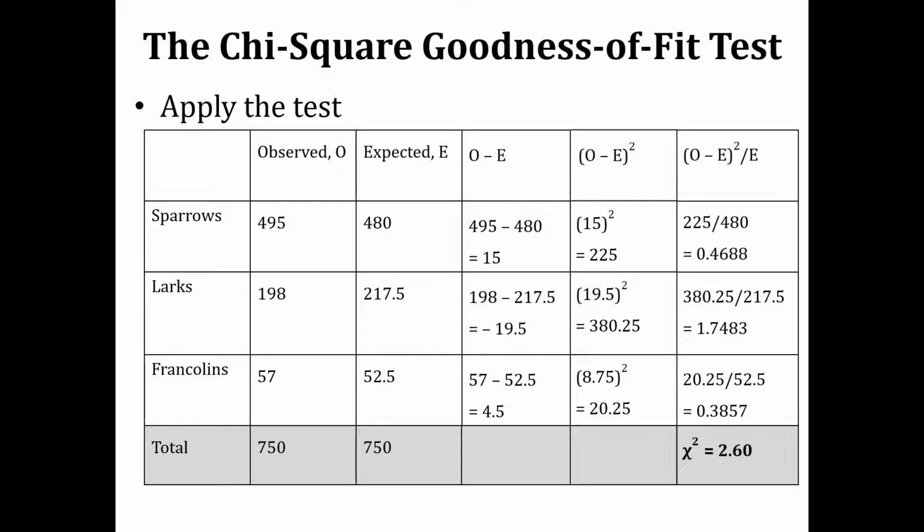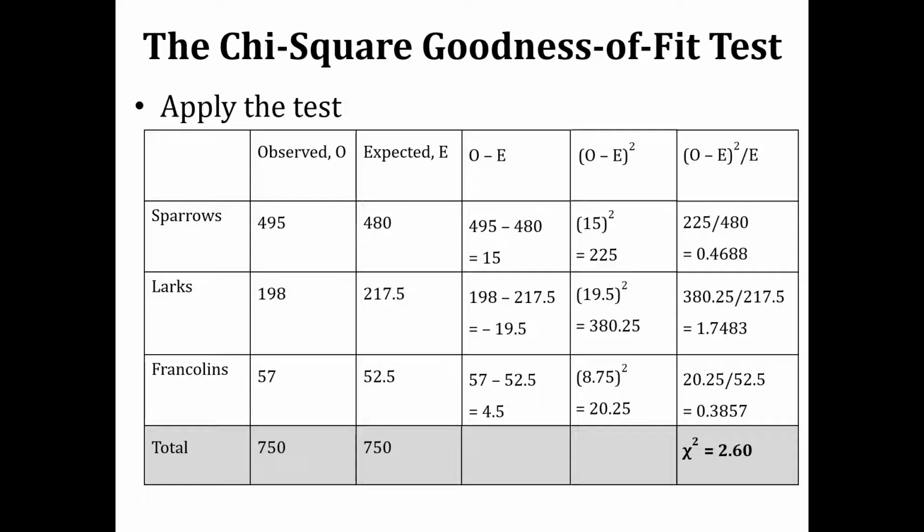And what is our next column? Our next column is that this square of the difference between observed and expected frequency is to be divided by expected frequency of that class. So 225 is the square of difference between the observed and expected frequencies of sparrows, and it is divided by the expected frequency of sparrow, and we get